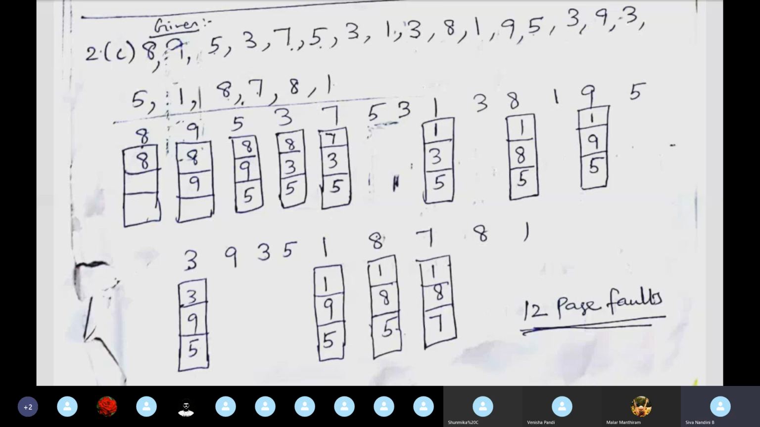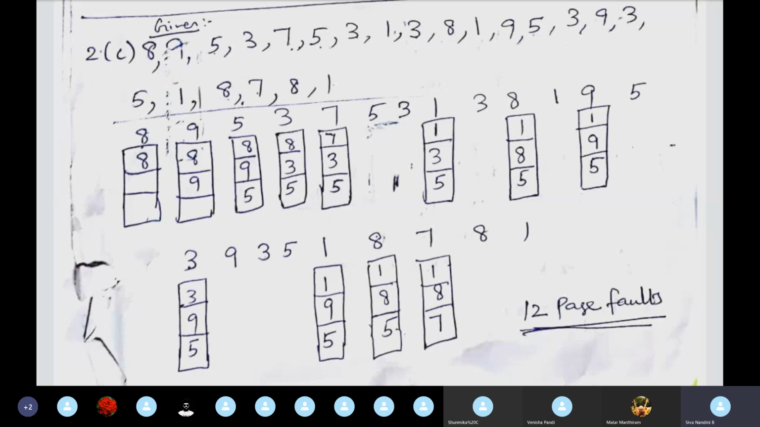So this 1 is not available in the frame. So here we need a page replacement. So we will be seeing the future pages. So at this instant, if you see, what are the contents of the block? We are having the pages 3, 9 and 5. So we have to see whether this 3, 9 and 5, which page won't be used for the longest period